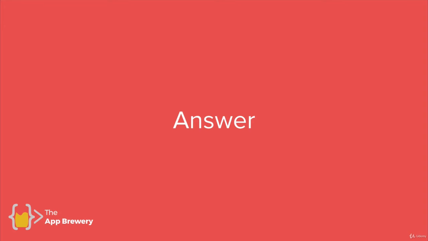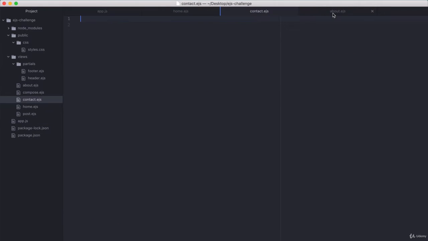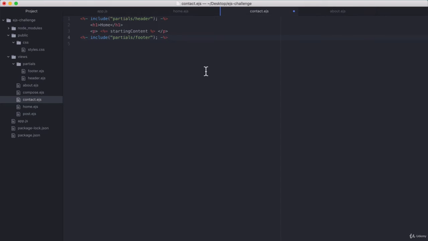All right, here comes the answer for challenge 5. Now, as I mentioned, the first thing to address is our contact.ejs page and our about.ejs page. We essentially want to replicate what we did in our home.ejs. And for time's sake, I'm just going to copy and paste what we had in our home.ejs into these two